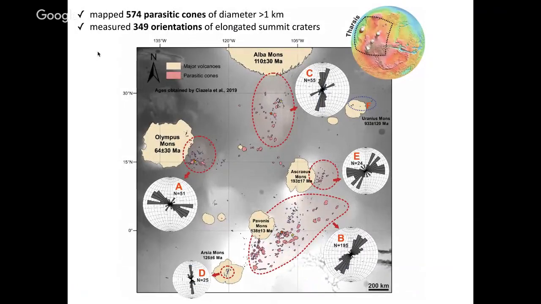So this is, again, the map of these Tharsis volcanoes. These are large volcanic edifices. These are small volcanic cones. And when you see the distribution, it's not random. It's somehow clustered. And this is a first indication that they are probably controlled by different